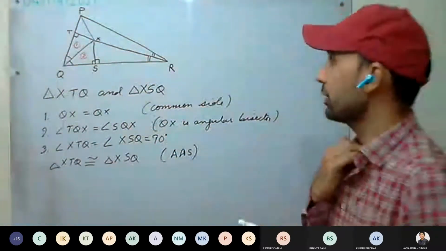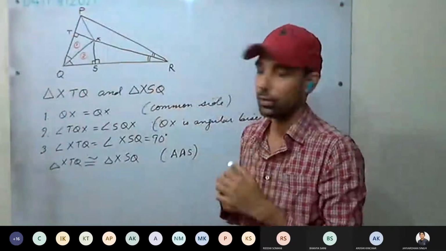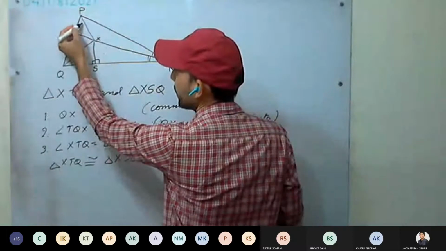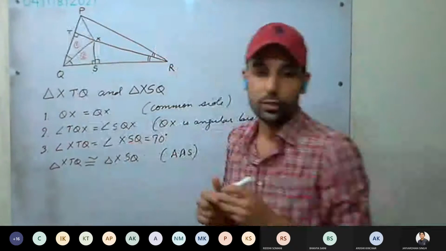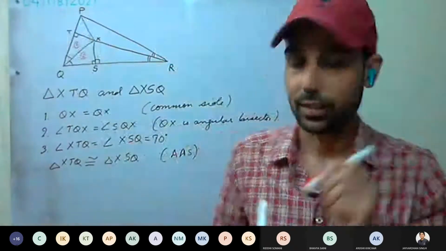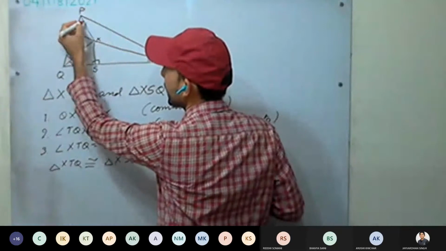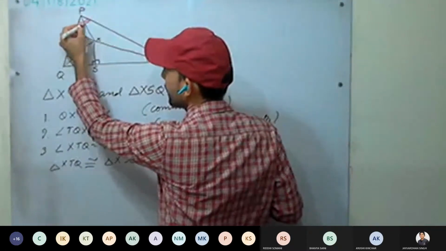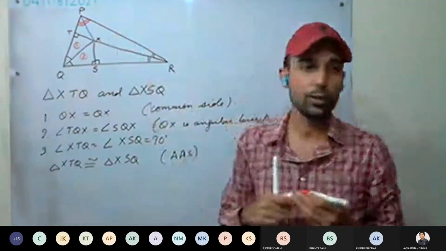Again, by congruency only we can prove. We have to take two triangles which are congruent. This line bisects this angle, it means we have to prove these two angles are equal. I'm drawing with red, remember. We have to prove that this angle equals this angle. They are equal. So how can you prove?